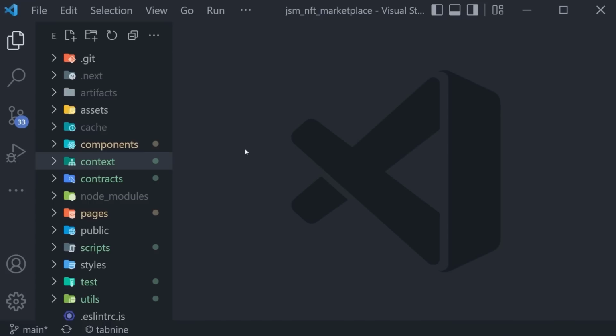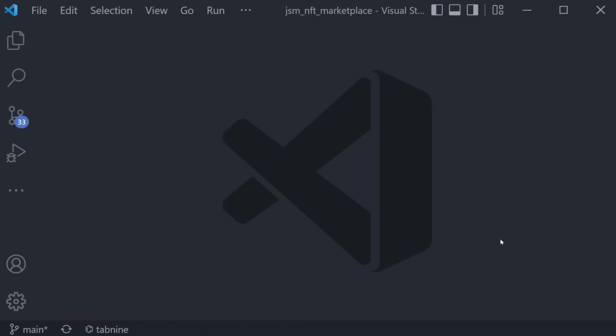The reason why we're going to use this project as an example is because we have many different components, contexts, contracts, logic, and so much more. So we're going to really dive into how Visual Studio Code shortcuts can help you. So let's start with the first command on our list,